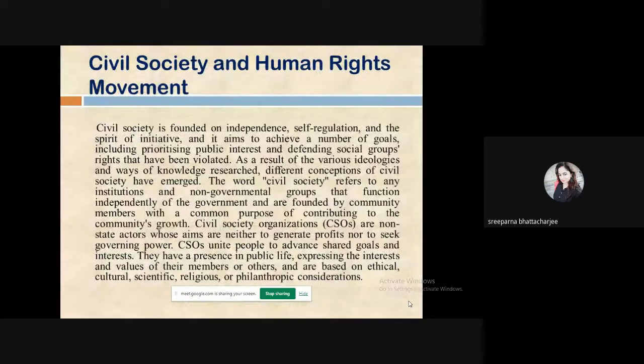Now the next slide is about civil society and human rights movement. So what is civil society? Civil society refers to groups, individuals, and organizations that fight for people's rights, that fight for public interest. And this civil society has been a very important, predominant force as far as human rights movement